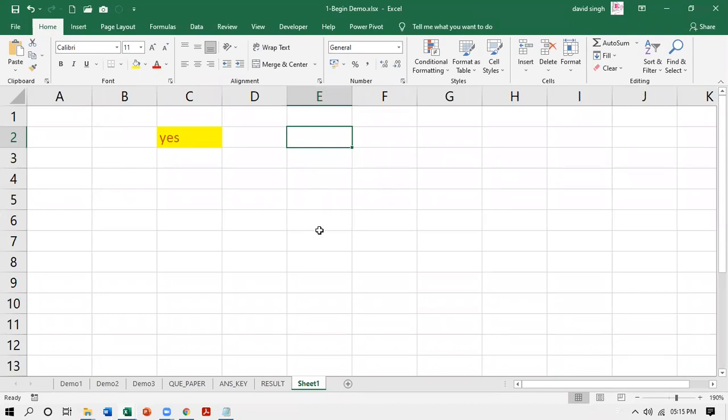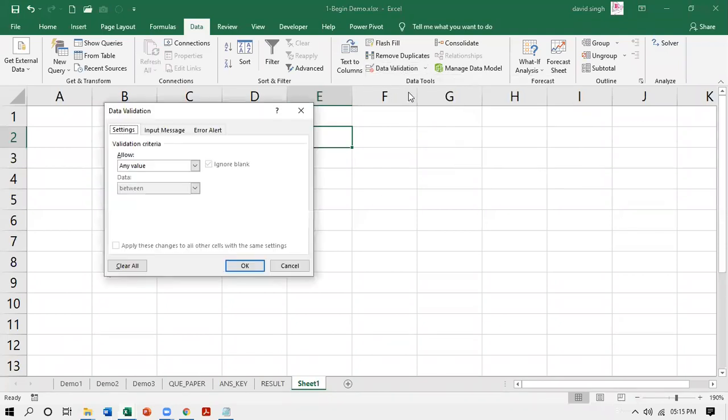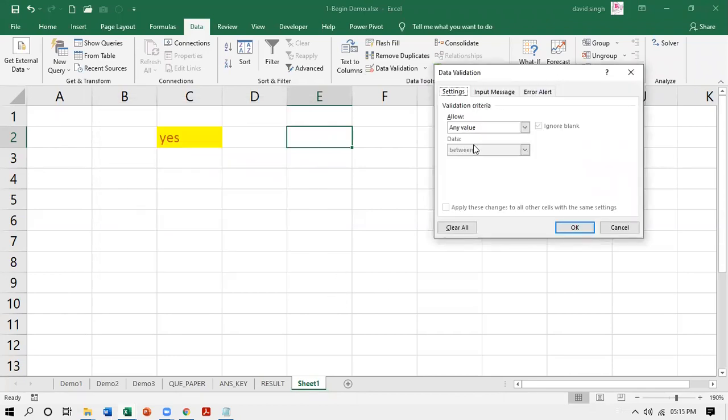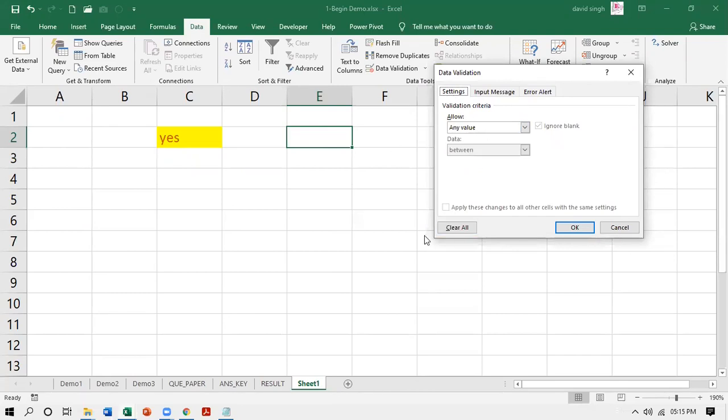Data validation will happen when I go to the data tab. Earlier I was in the home tab. Go to the data tab and I click on data validation. See here, data validation is there. I click on data validation. This data validation dialog box is coming. It has 3 tabs here. Settings, in settings part, you will set your rule.